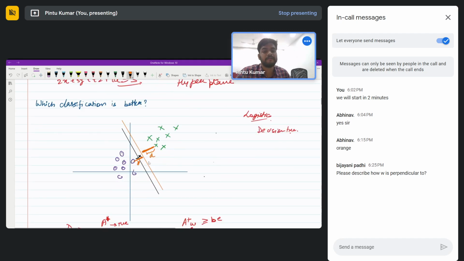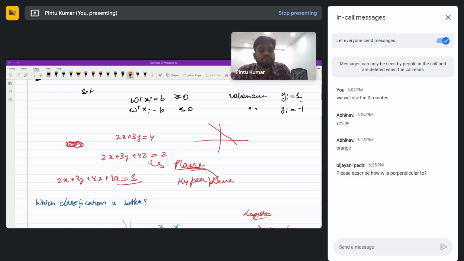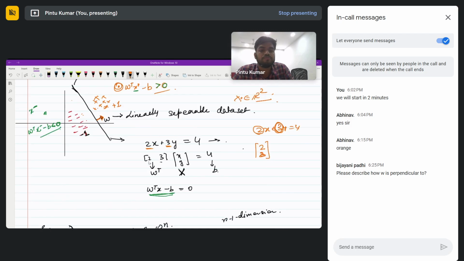Am I clear? So when we say that (2, 3) is a vector, it means we join the point (2, 3) and the origin, and then we get a vector. Yes. But as you told, W is perpendicular to the line. Then what is the meaning of this vector? Okay, so when we draw W on the line,